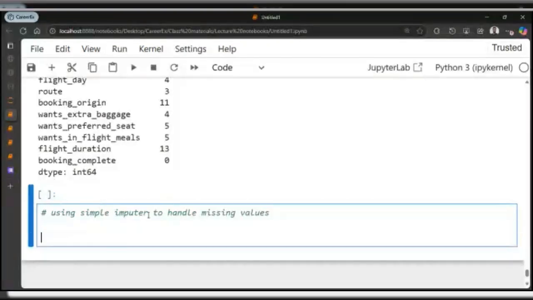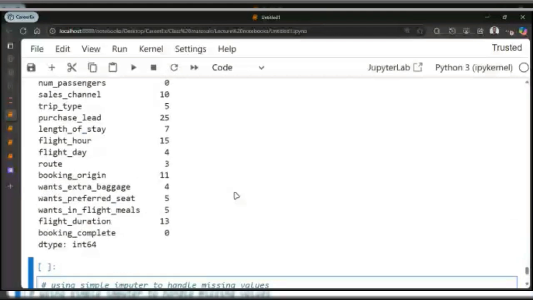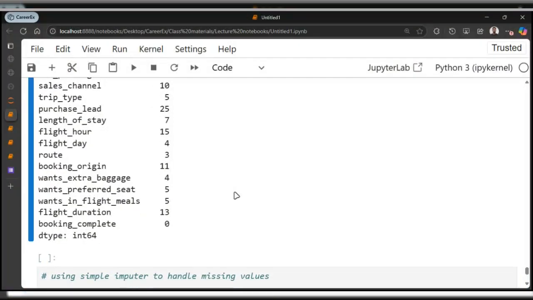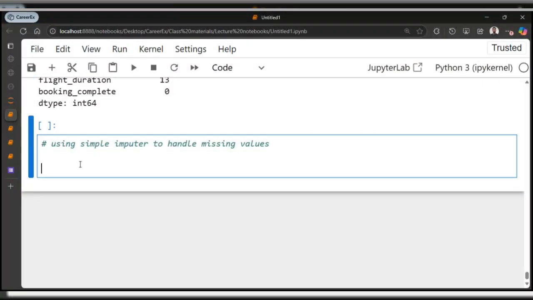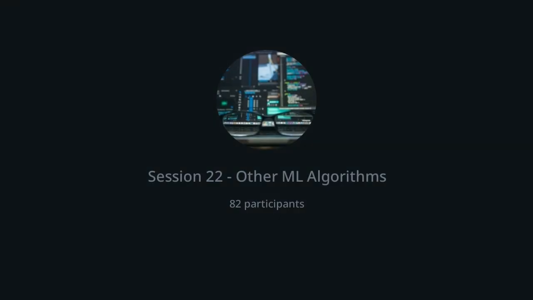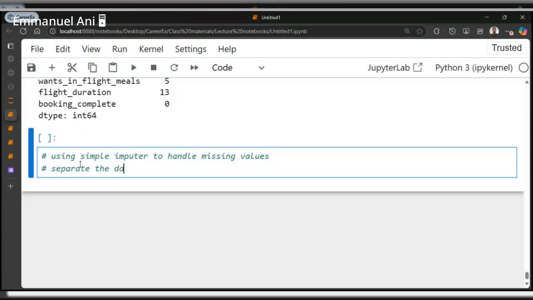First thing I'm going to do is that, because the missing values are spread across different data types, you have missing values for categorical data and you have missing values for numerical data. You have to separate those data types because you can't use the same strategy for both of them. I want to apply the transformation to all the columns involved at the same time, not one by one. So I'm going to separate the data into numerical and categorical sets.